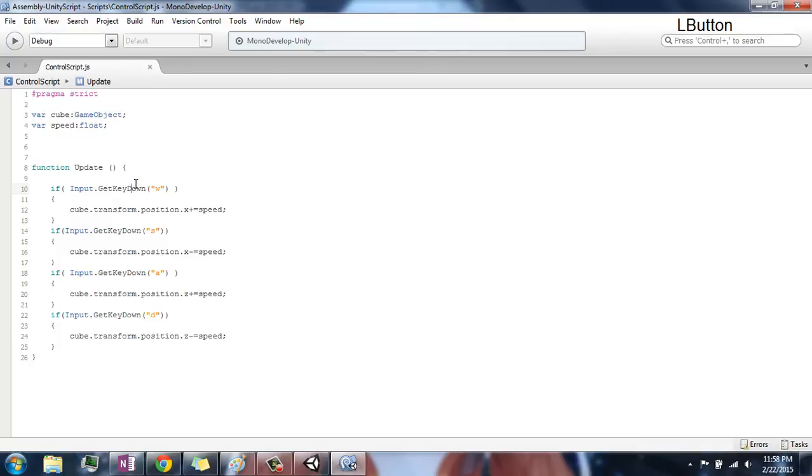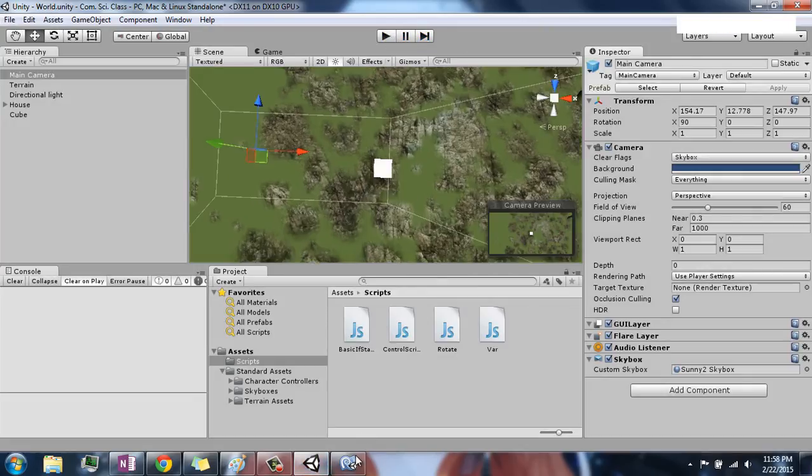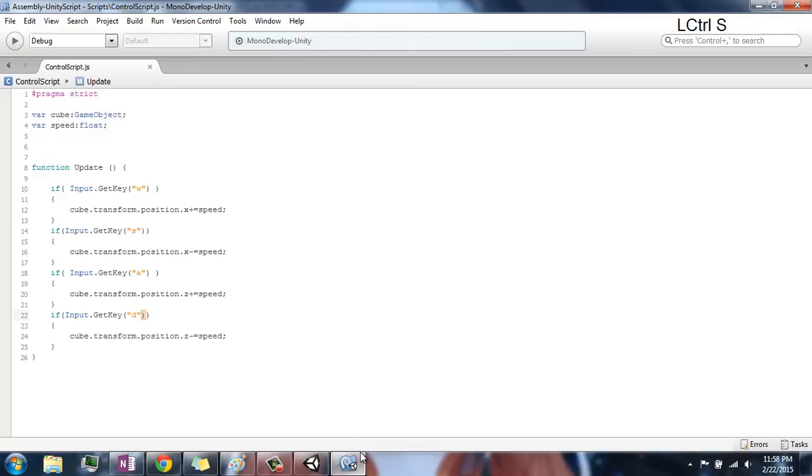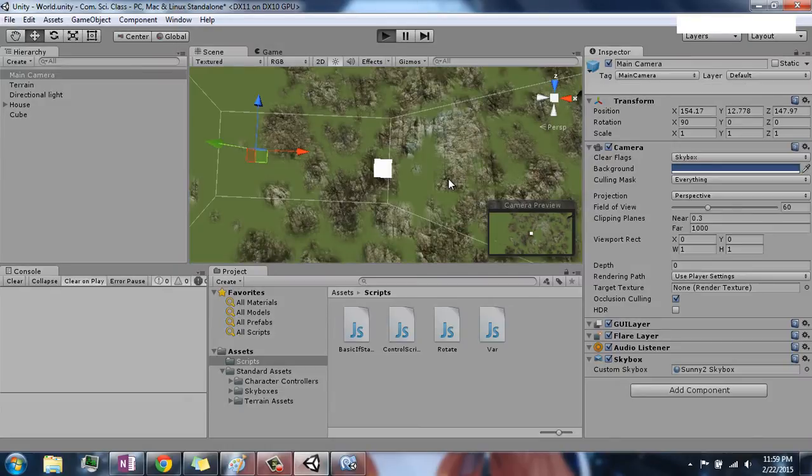So instead of doing these get key down, get key up, what get key down does, it checks if you click the key. What we want is if you just are holding the key. So if the key is being active. So remove the down, and I could orientate it correctly, but I don't think it really matters. And make sure, oh, I didn't save. Make sure you save your script, and then just open up Unity. You'll see it's loading. Boom. And now if we run it now,